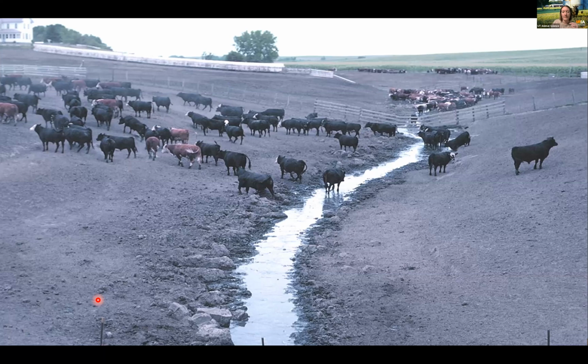This would be an example that we don't really see a lot of here in Tennessee, but if anybody has a concentrated feeding area,